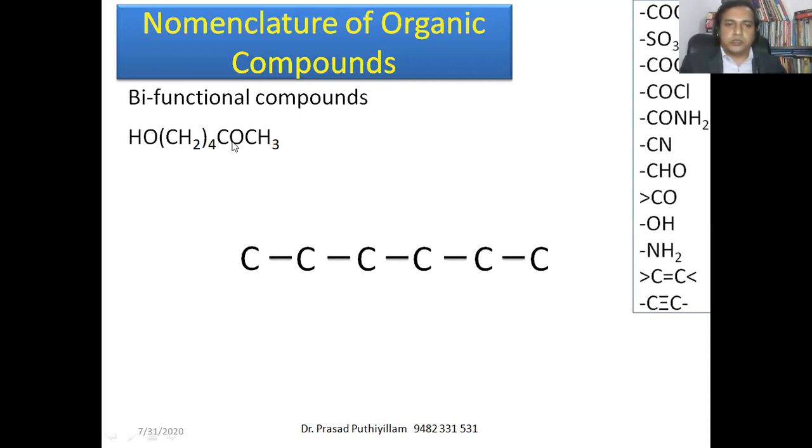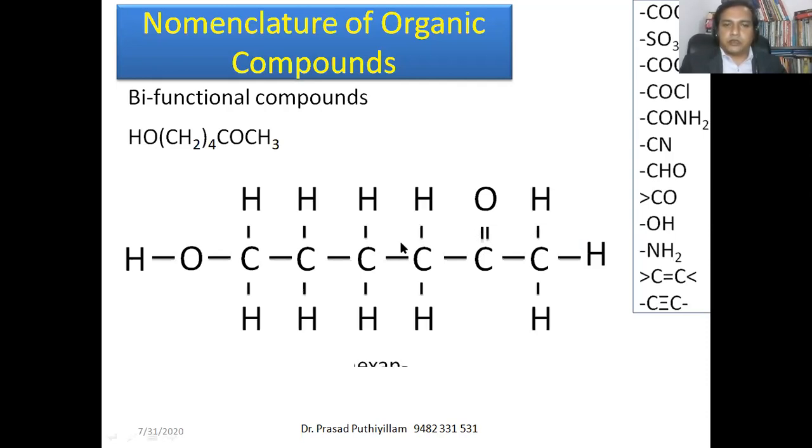The ketone functional group goes to this carbon atom, and the OH functional group I'll give to this carbon atom. Now the remaining tetravalency has to be satisfied by hydrogen. So the remaining tetravalency is satisfied with hydrogen. Now two functional groups: the ketone and the hydroxyl. In the priority order we discussed, the ketone comes before OH. That means we have to give higher priority to the ketone functional group than the hydroxyl functional group.